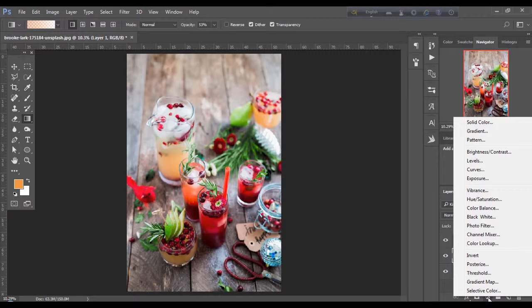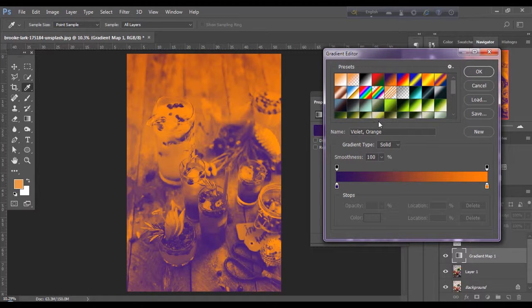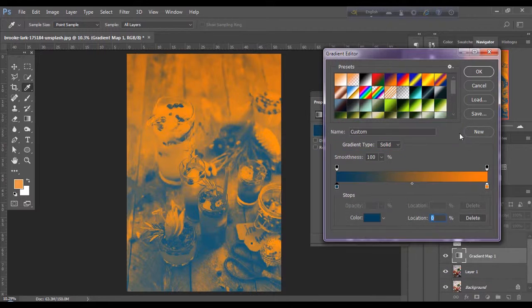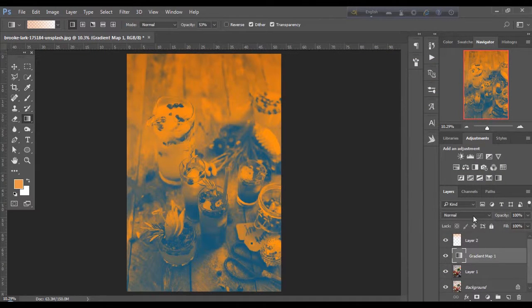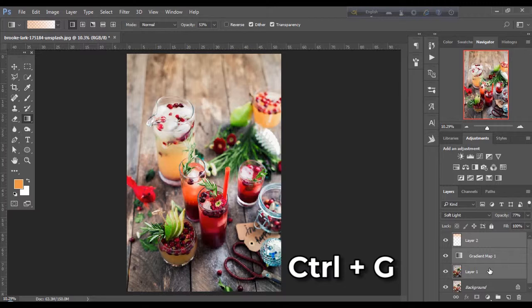Select the second layer and go into gradient map from this menu below. Select this violet orange preset. I am changing the colors into ash blue. Select soft light and bring its opacity down. 45% is good. We are selecting these 3 layers and making a group by pressing Ctrl+G, and press